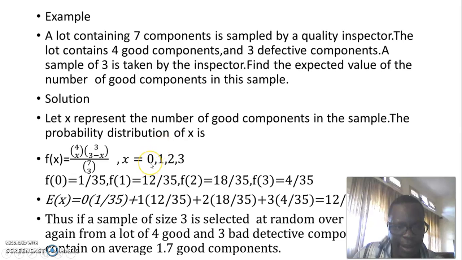Therefore, our x has values ranging from 0, 1 up to 3. Hence, when we substitute for x equals 0 in this probability distribution function, we shall get f of 0 is equal to 1 out of 35, f of 1 is equal to 12 out of 35, f of 2 is equal to 18 out of 35, and f of 3 is equal to 4 out of 35. Hence, the mean is going to be the product of x times